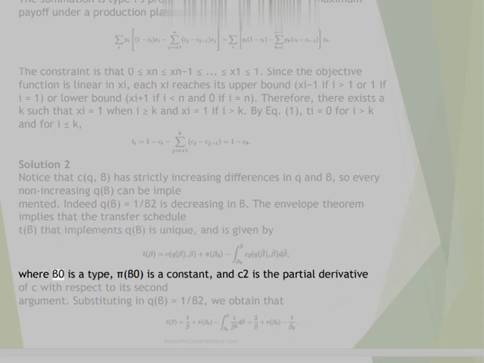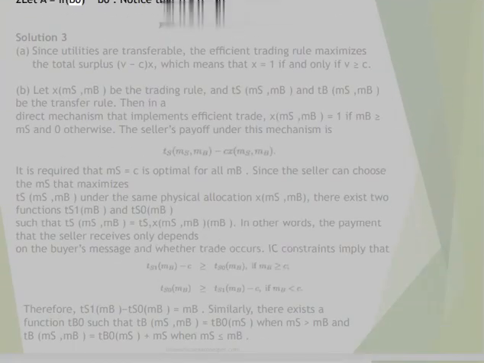where beta_0 is a type, pi(beta_0) is a constant, and C_2 is the partial derivative of C with respect to its second argument. Substituting in Q(beta) equals 1/beta^2, we obtain that. Let A equals pi(beta_0) minus beta_0. Notice that beta equals Q, so